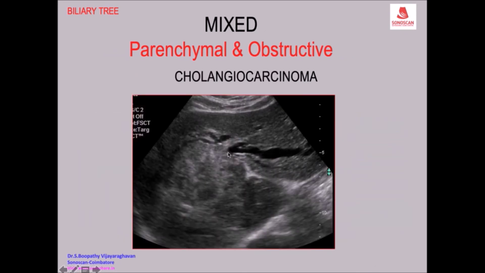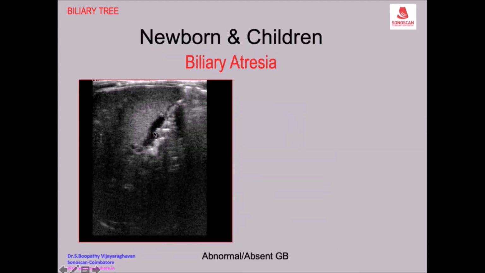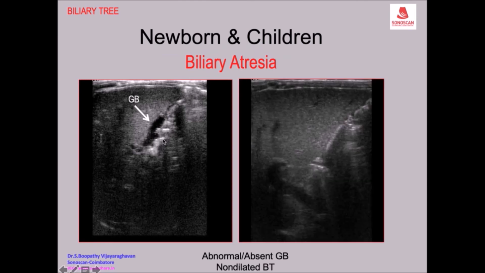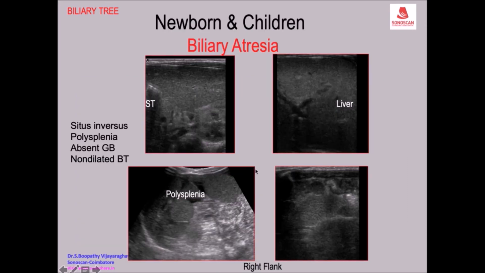Similarly, a cholangiocarcinoma in the right lobe infiltrating the porta and the left hepatic duct, producing an abnormal gallbladder or an absent, non-visualized gallbladder. And when you look for the bile ducts, you see the portal vein, but you don't see the dilated biliary radicals. Dilated on the right side, you get polysplenia. So this is a typical syndrome, that is, situs inversus with polysplenia syndrome.